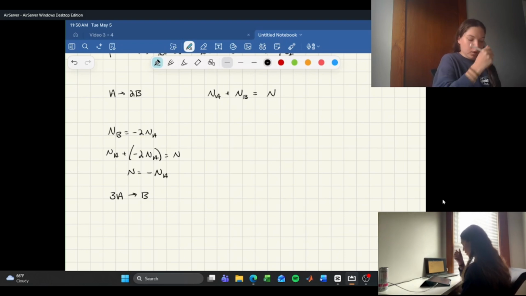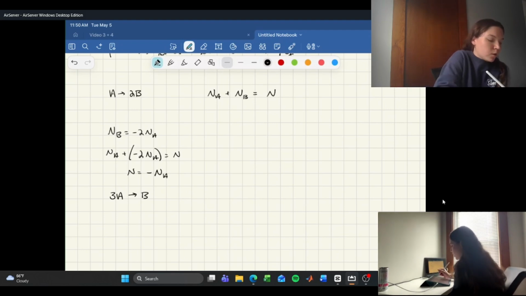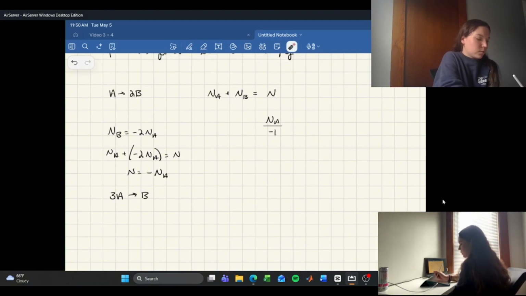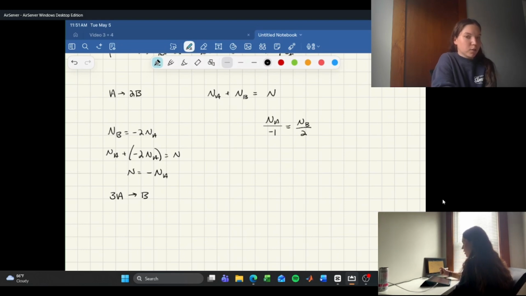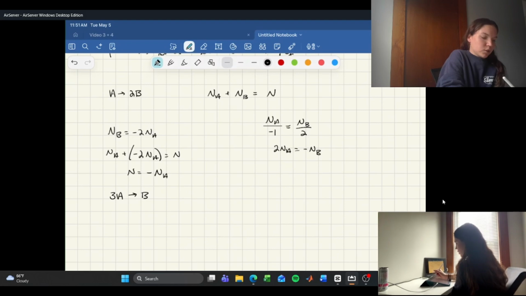So if we set up a flux ratio of the molar flux of A to the molar flux of B, we're going to have that the molar flux of A is over negative 1, and it's negative 1 because A is going to be a reactant, and then it's going to be equal to molar flux of B over 2, and the 2 is positive because it's a product. So if you multiply the 2 over and the negative 1 over, we're going to have that 2 times the molar flux of A is equal to negative molar flux of B,